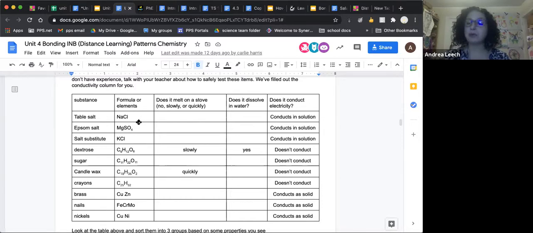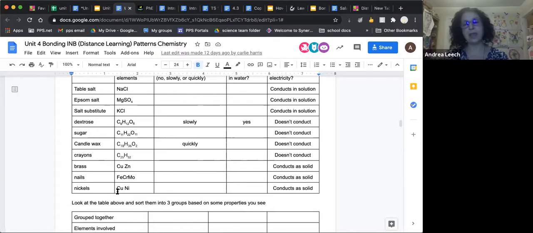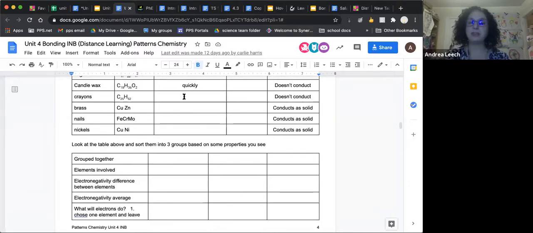These top 3 will be in one group, the middle 4 will be in the second group, and the bottom 3 will be in the third group. And those groupings fit well with ionic, covalent, and metallic. So you'll want them to come up with those groupings and what elements are involved. You'll get that your ionic has metals and nonmetals, your covalent has all nonmetals, and your metallic has all